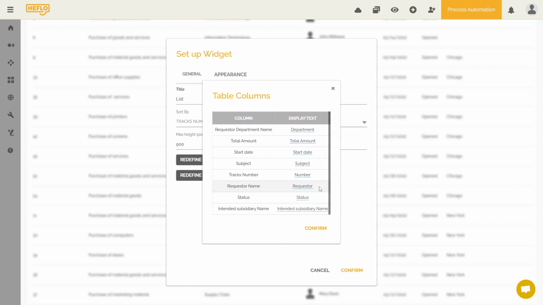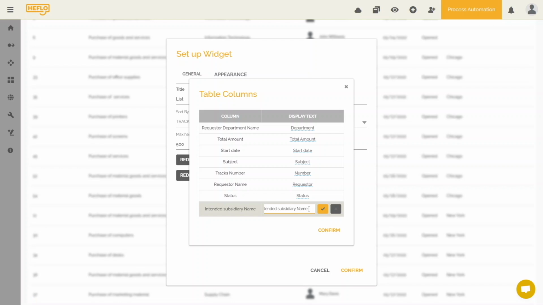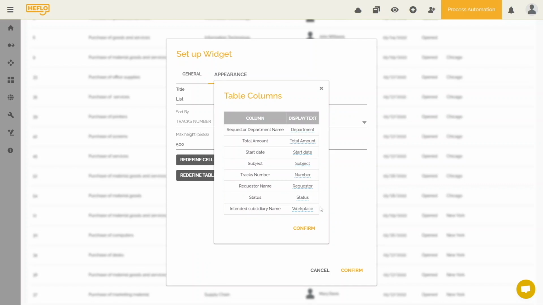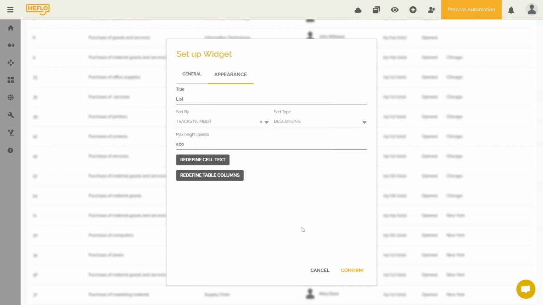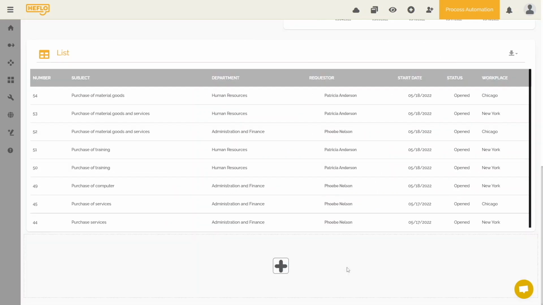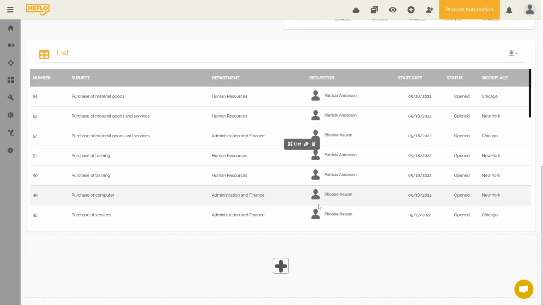And then I'm going to change the name of the intended subsidiary to the term workplace. There, we already have the columns with much more appropriate names. As you can see, Airflow has already changed the name of the columns and placed them within the limits we have determined.